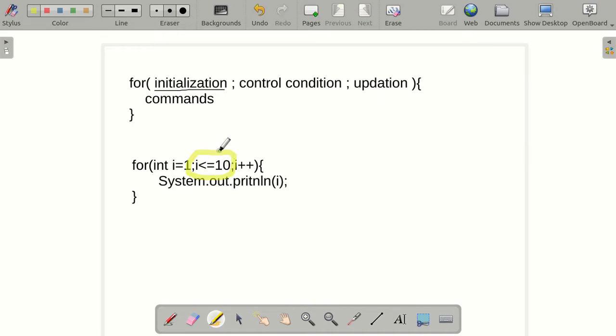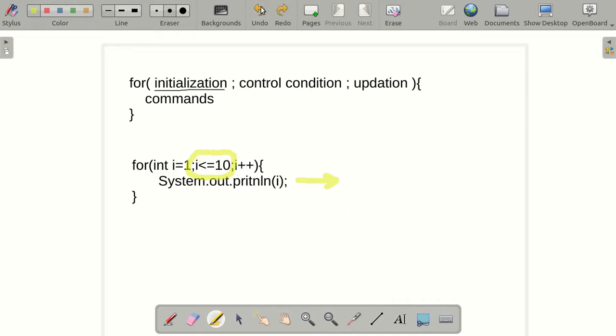10. Now, till my value in I is less than or equal to 10, this loop will work, and hence the System.out.println statement will execute. Now once the I becomes 11, the condition turns false because 11 is not less than equals to 10, and at this point the loop breaks and the print statement will not work.